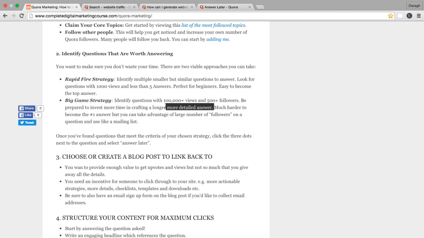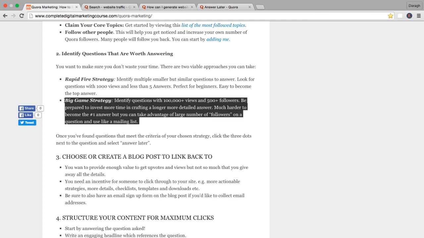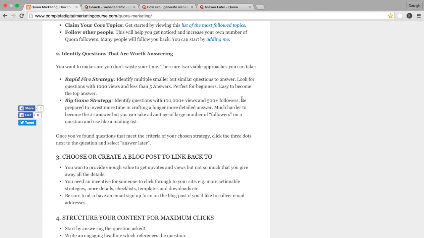Also, it's going to be much harder to become the number one answer, but the key thing is that you can take advantage of the large number of followers on a question like that, and essentially you're using it like a mailing list. It's like having an email list without ever building an email list. So this is a really fantastic approach as well, but you will have to have a big answer in there for people to really pay attention to it.